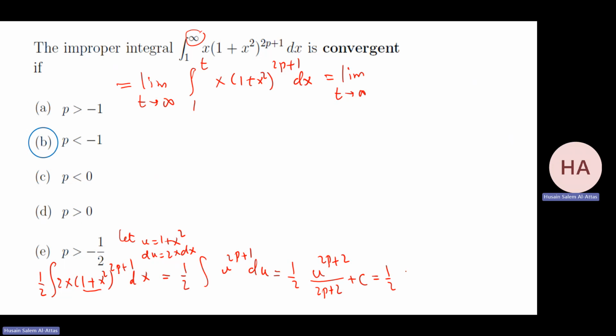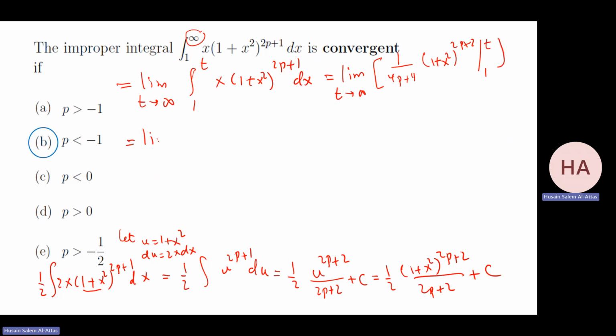Since u is 1 plus x squared, that will be 1 over 4p plus 4 times 1 plus x squared to the power 2p plus 2, from 1 to t. That will be the limit as t goes to infinity